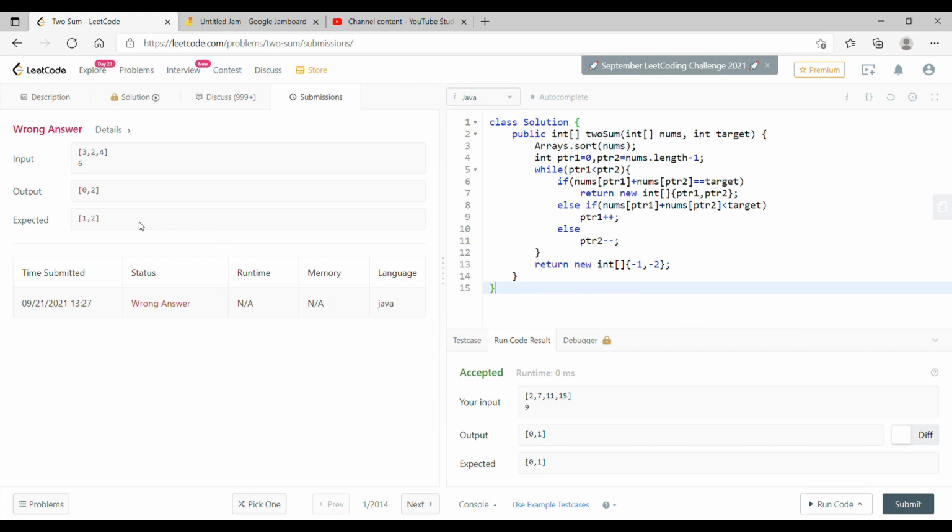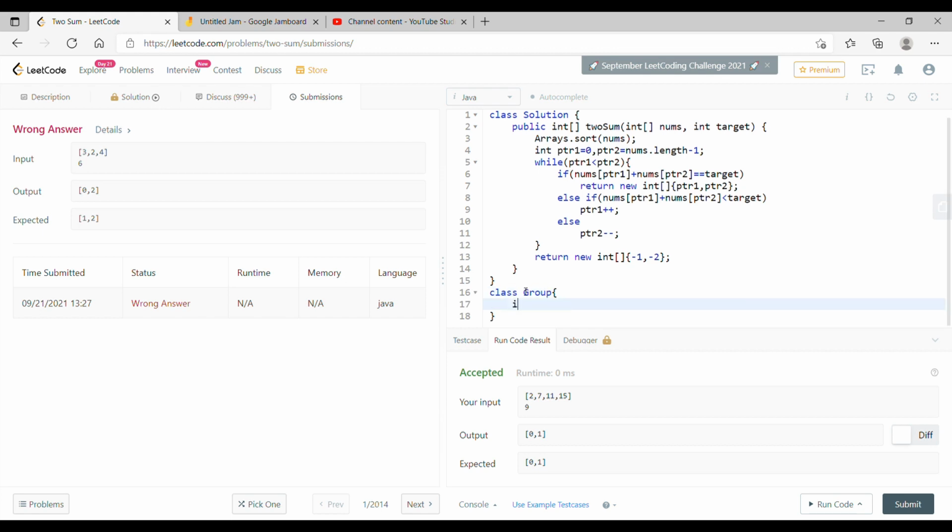Okay, so we have to return the original index and not the index after we are sorting. So we need to keep track of the original index. For that we can make a class like Group. I'll group the index with the actual element. So x will have the element, and we can have the index,